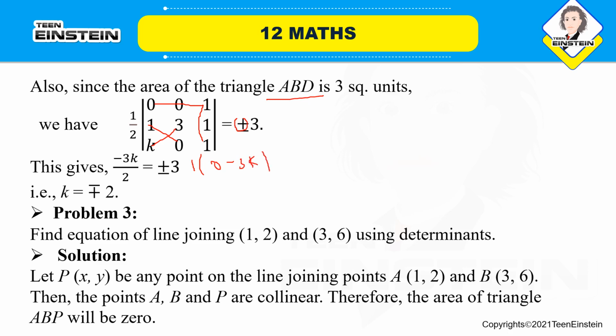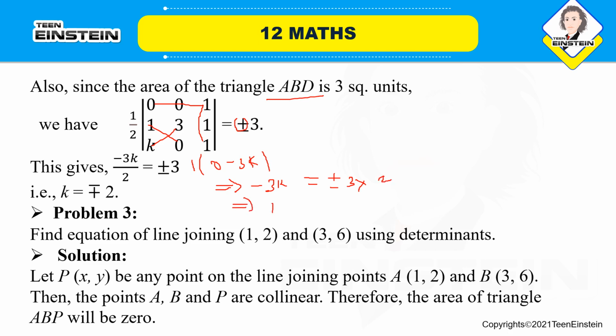Already we have 1 by 2 outside. So minus 3k by 2 is equal to plus or minus 3, which implies minus 3k is equal to plus or minus 3 into,